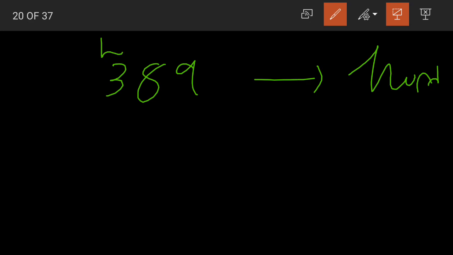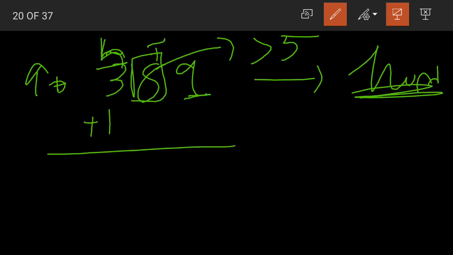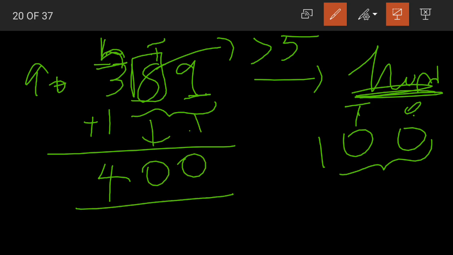If you remember, while rounding off to the tens place, we looked at the digit in ones. In the same way, when we are rounding off to the hundreds, look at the digit in tens place. It is 8, that is greater than 5. Again we round up. What do you mean by round up? Adding 1 to the digit in hundreds place, as we are rounding off to the hundreds place. 3 plus 1 4. Now what about these two? In 100 there are zeros in ones and tens place, so we'll replace the digits in ones and tens place with zeros. So 400 becomes our estimated number.